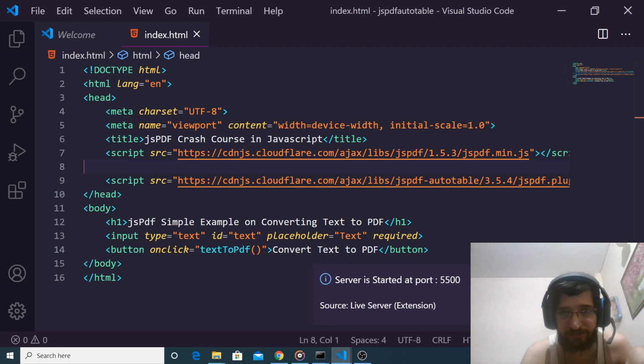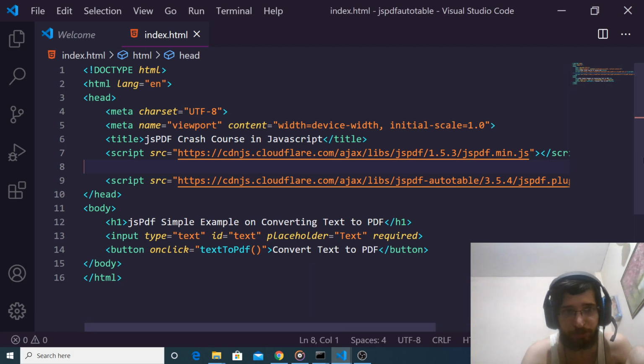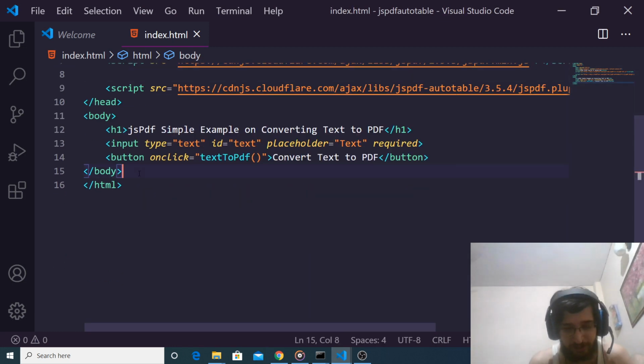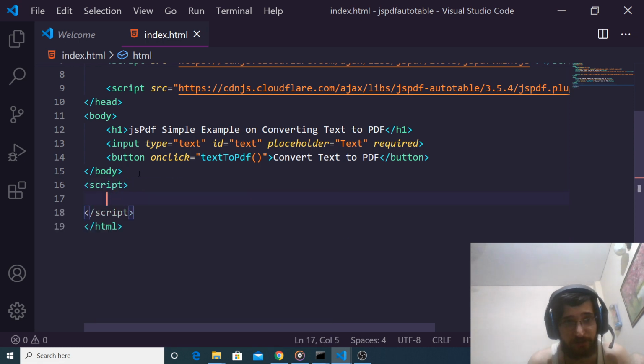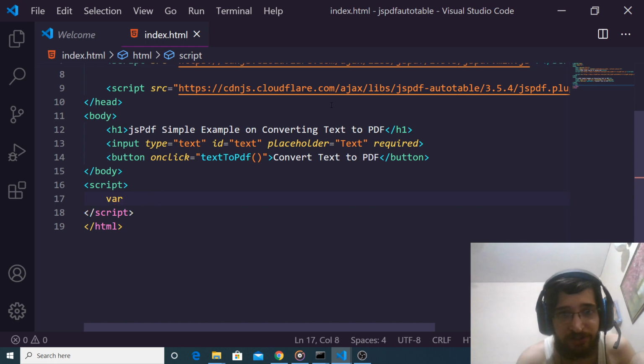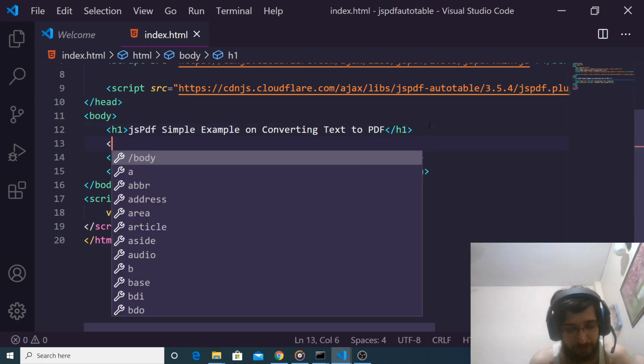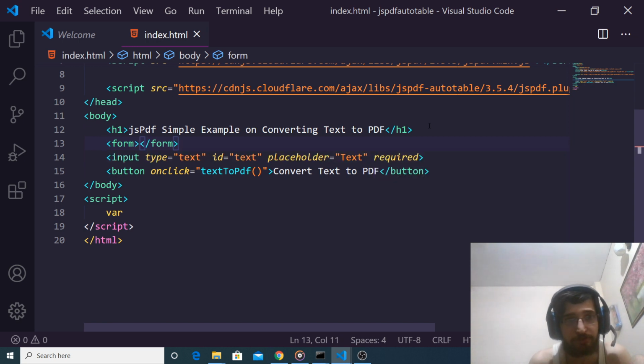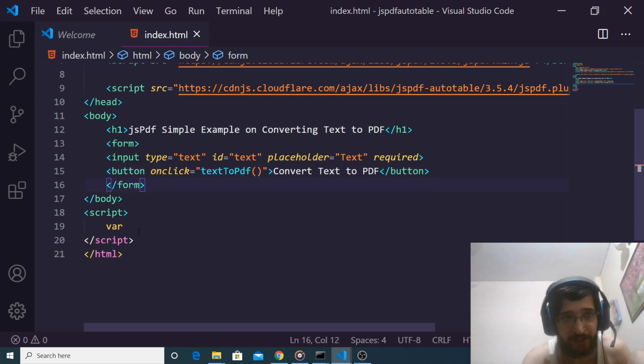So now inside my JavaScript, what we can do here is, just after the body, we can write our custom JavaScript. First of all, we will get the text that the user enters. So we need to wrap this all inside a form tag. We can wrap this after the button ends in the form tags.